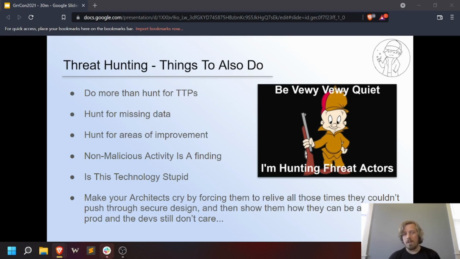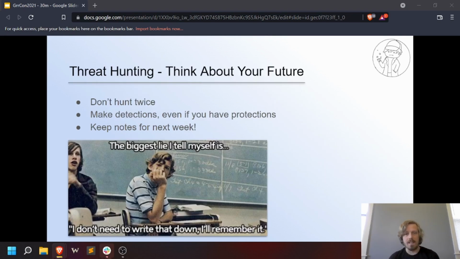Often, hunts will result in assessments for the architecture teams to review how things have been deployed, or projects that clearly got rolled to production but did not consult security during the design phase. And lastly, I think most critically, don't hunt this activity twice. In reality, you probably will come back to a lot of things more than once, or at least very similar activity, as you probably cannot ensure that you can prevent everything from executing in all places forever, with 100% certainty.